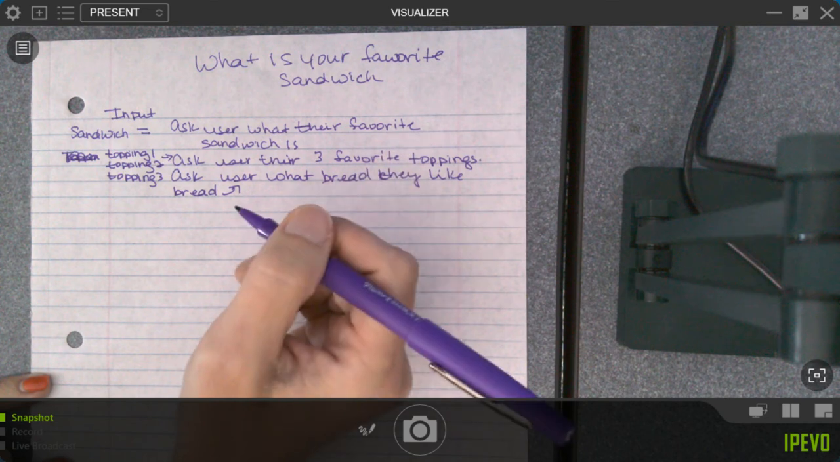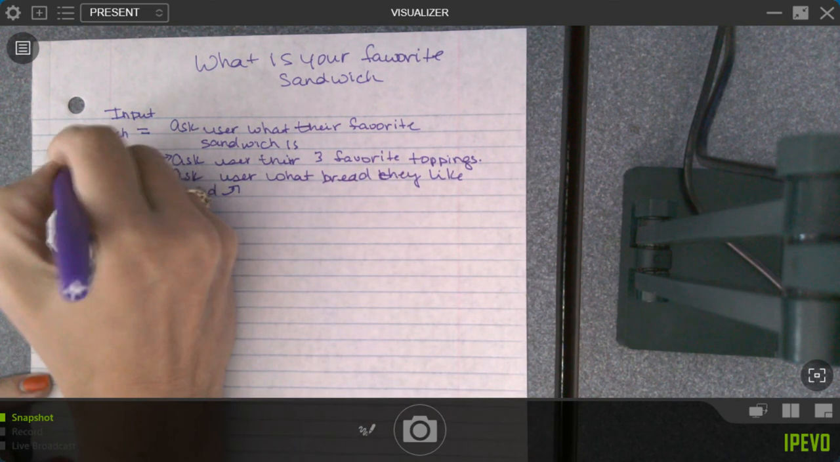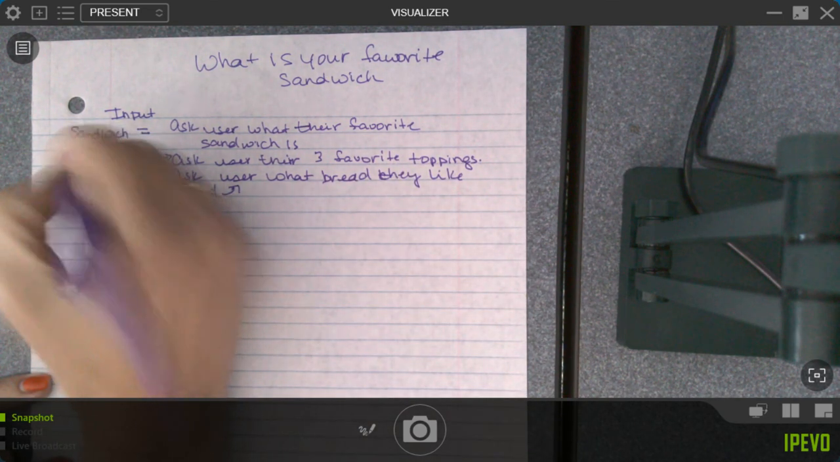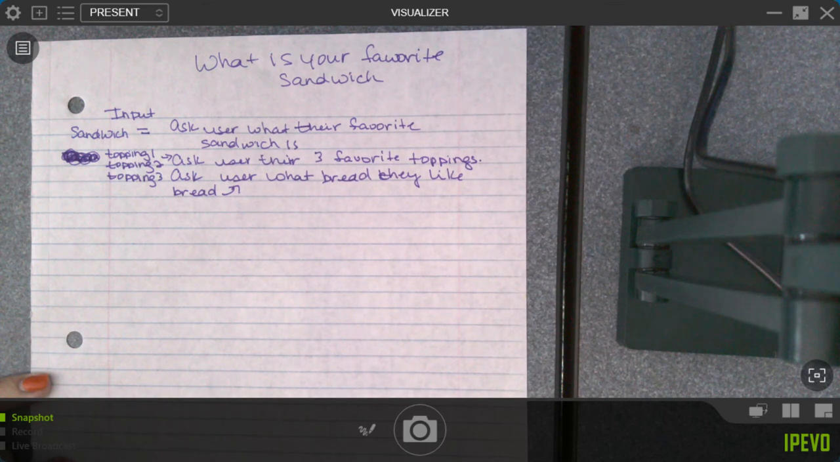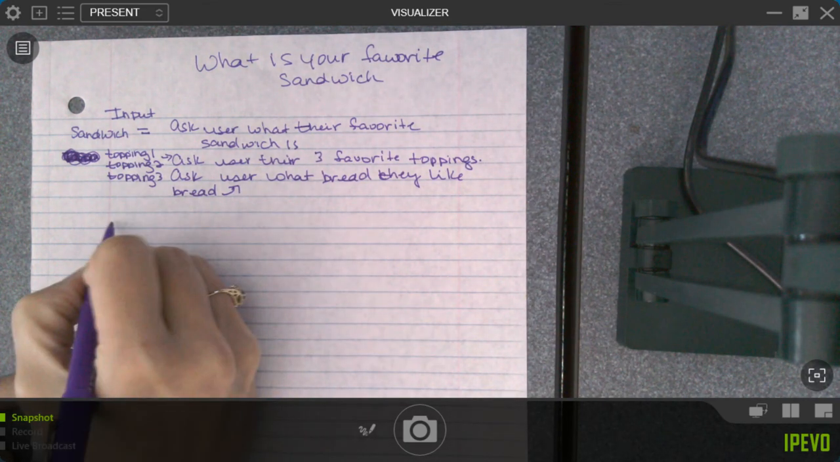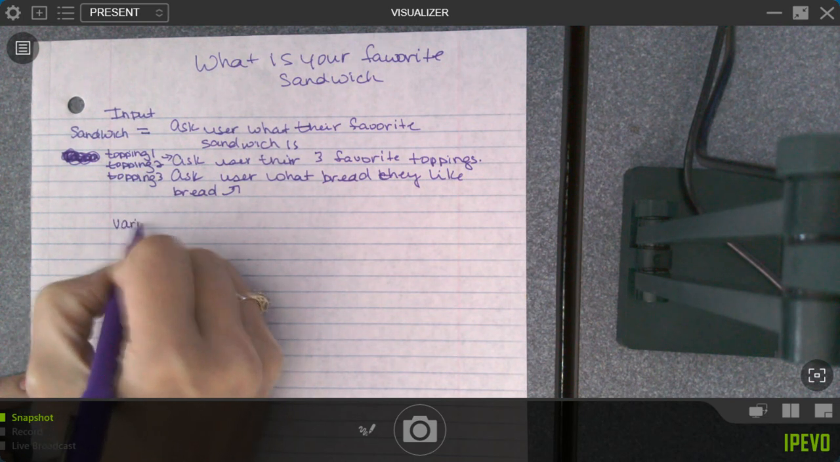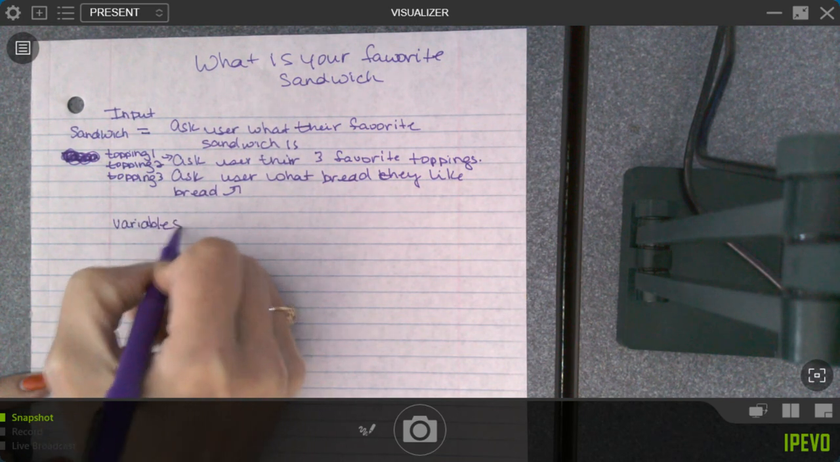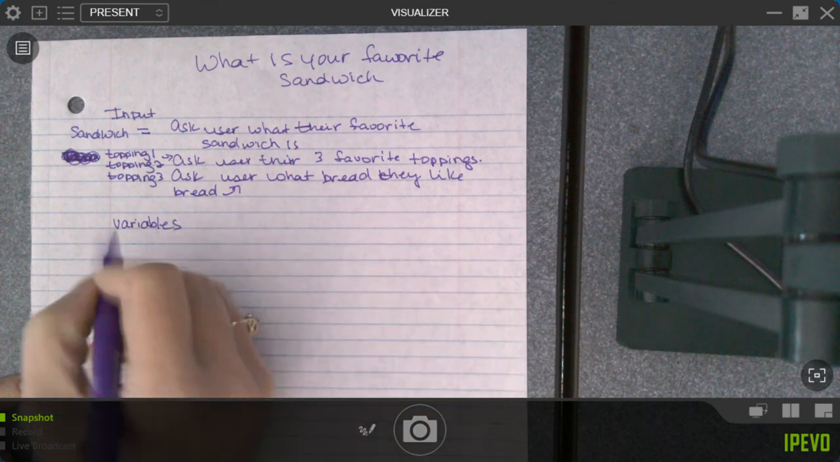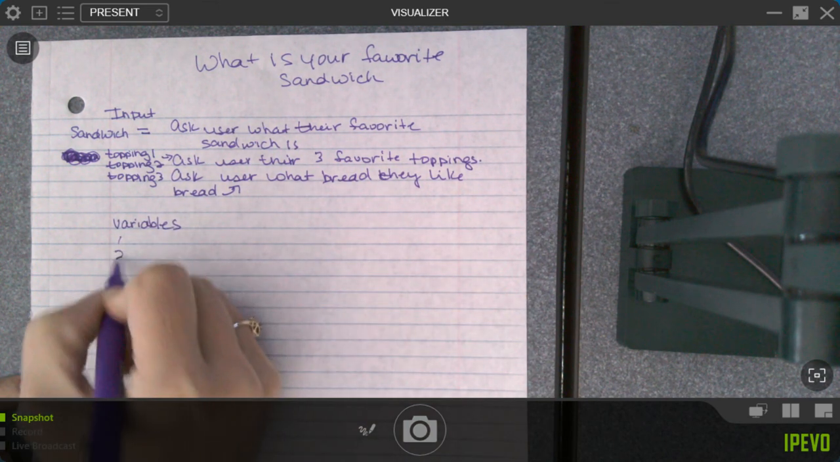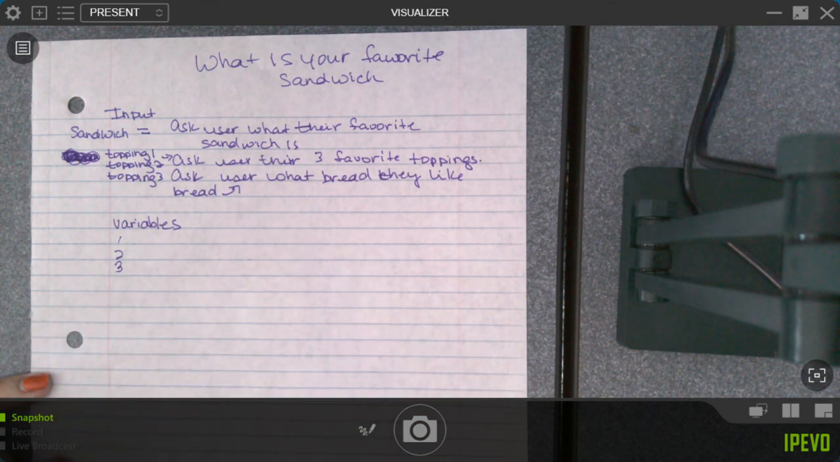Again, you're typing this out your own way. You don't have to do this like I am doing this. I am just showing you a way to do this. But you can also list out your variables if you want. You can include variables down here if you want, and you can put question 1, 2, 3, and then list your variables out. All right? Okay, so for my output,